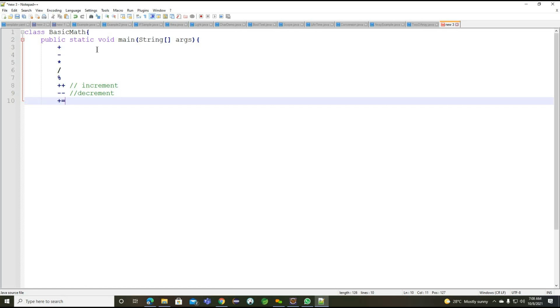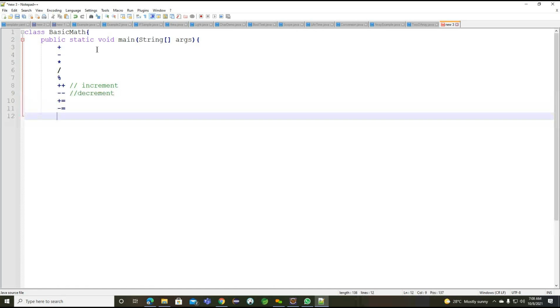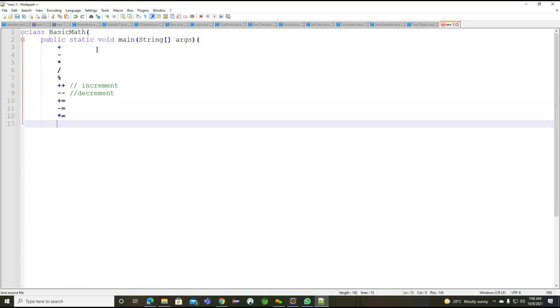This kind of operator we are going to call the addition assignment operator. Basically, we'll call these assignment operators. Here, plus equals. Getting the point, plus equals. In the same way, minus equals, multiplication equals and division equals. These are the appropriate assignment operators.